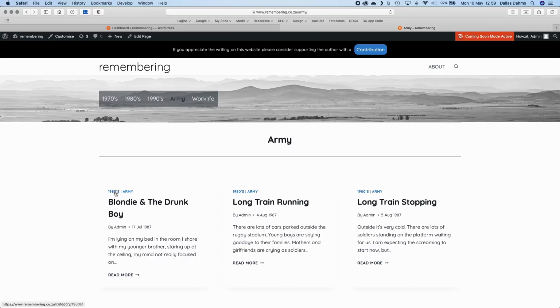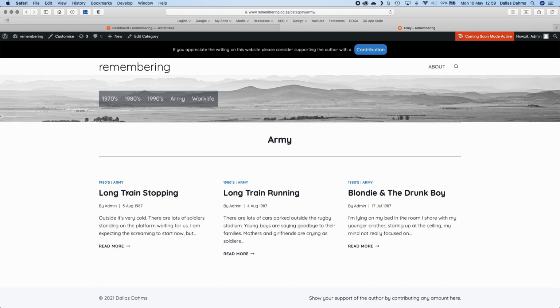But another problem has manifested itself now, and that's that every blog post has the categories up at the top of it here. So how can I get rid of that? Because if somebody clicks on that, they're going to be faced with the same problem again. And there we go. So now the post order is reversed. So to fix that, what I do is go into the Customize menu again,